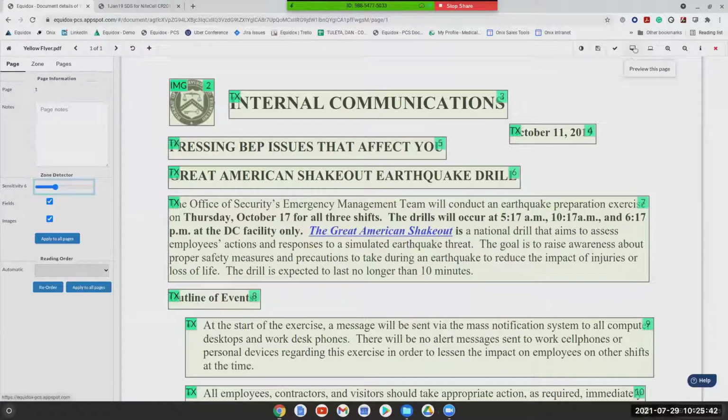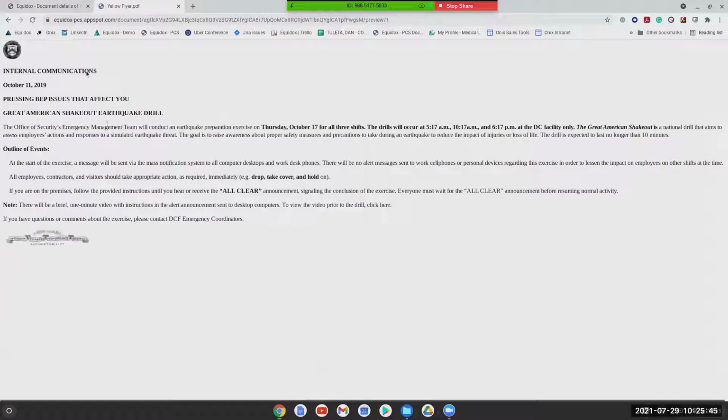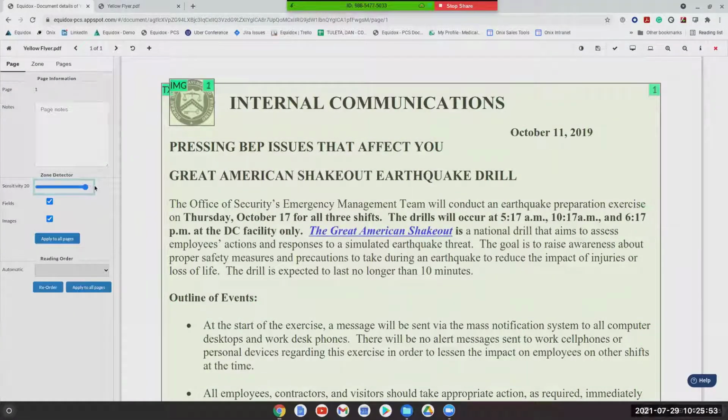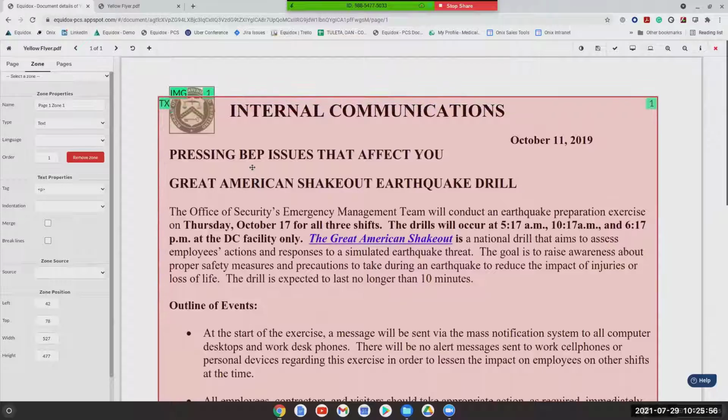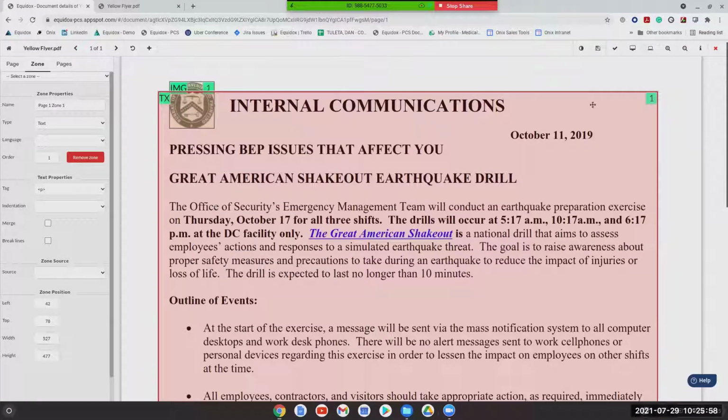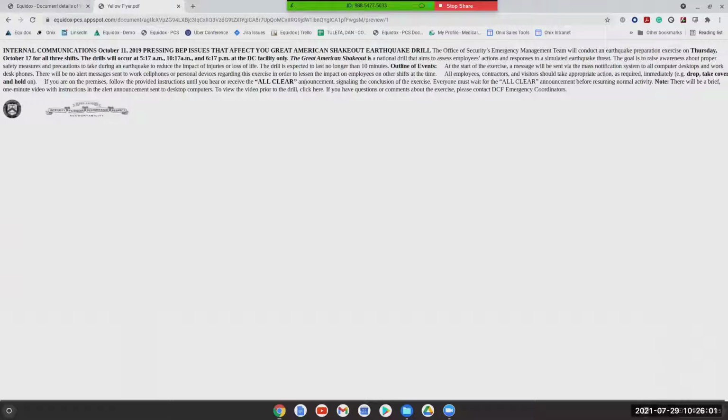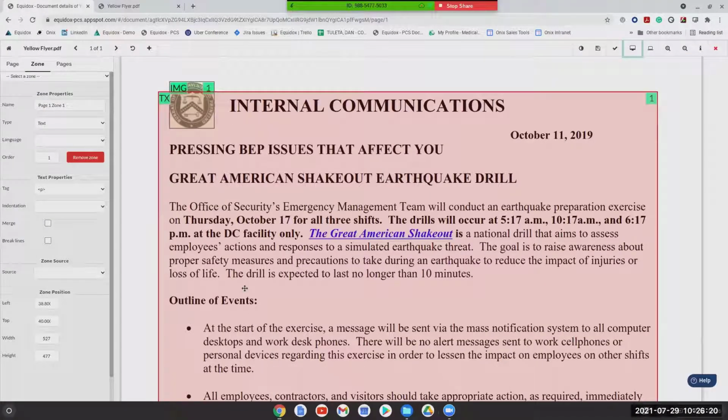Just to show you a quick difference, if I look at the HTML preview for how this page currently looks, it looks pretty good. It's pretty reflective of what the source PDF looks like. But if I move the detection slider all the way to the right, you'll notice that I now have one big clumpy paragraph zone over the entire page, and the HTML preview will reflect that. So think of this HTML preview as a validation tool, something that's giving you feedback as you work through the document. Even if you're not an accessibility expert, you can very easily understand that something that is going to be read just as one big clumpy paragraph for a page like this is not going to work for an end user.